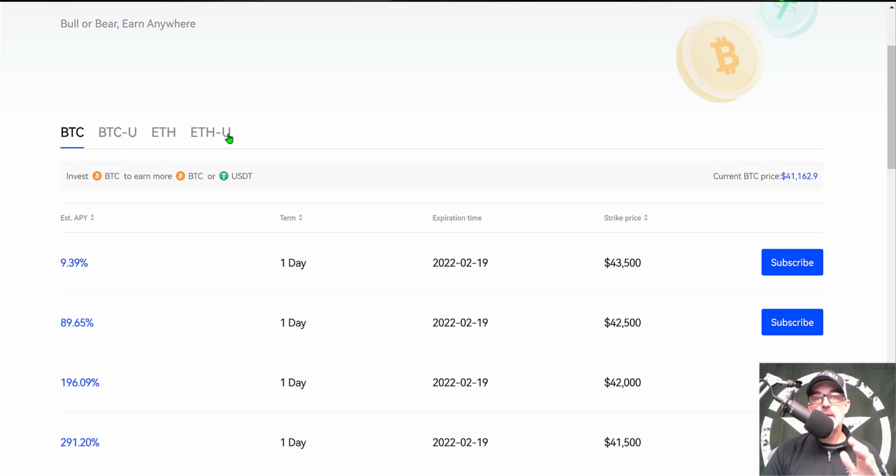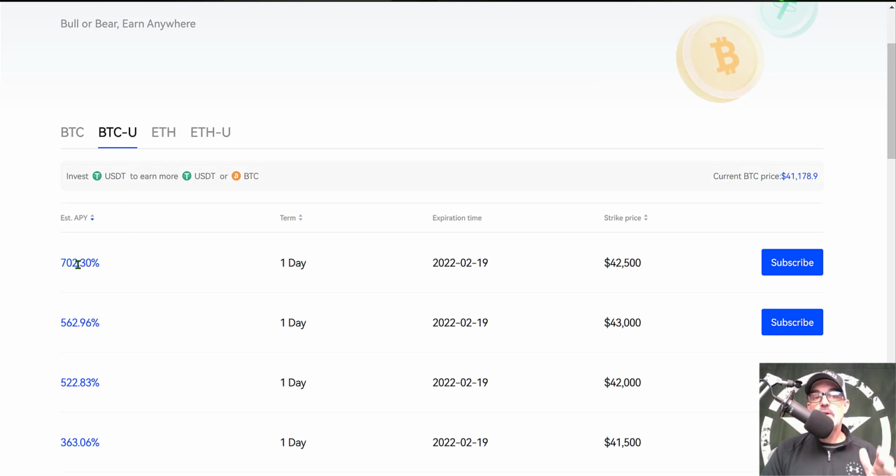Again, the USDT part would be your investment currency on ETH USDT. If you select ETH, then ETH is what you're actually investing. In this case, I'm going to click on BTC USDT, and then I like to sort the estimated APY from highest to lowest. And right at this moment, you can see the highest APY for BTC